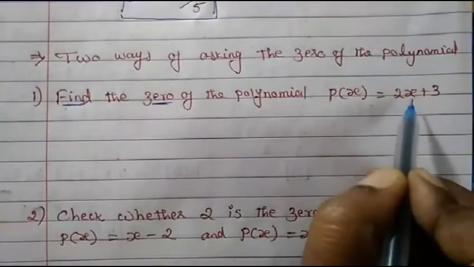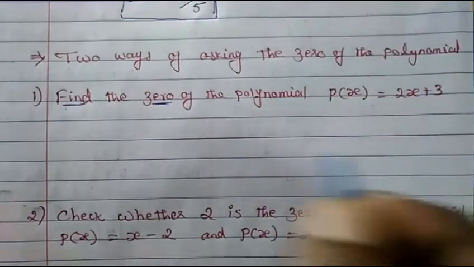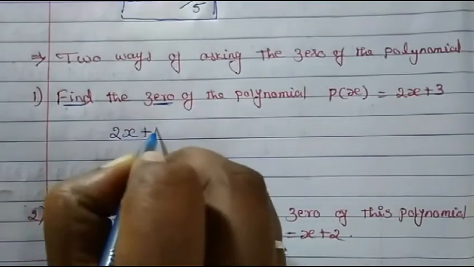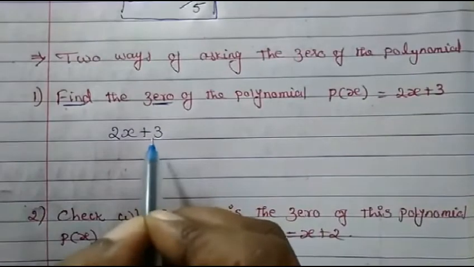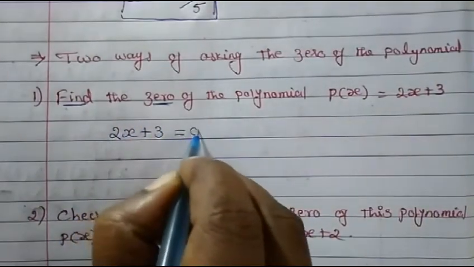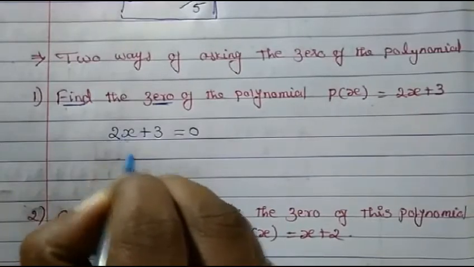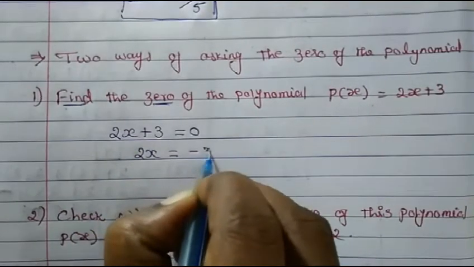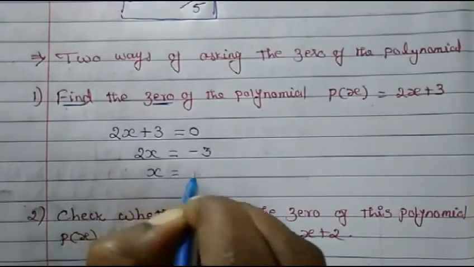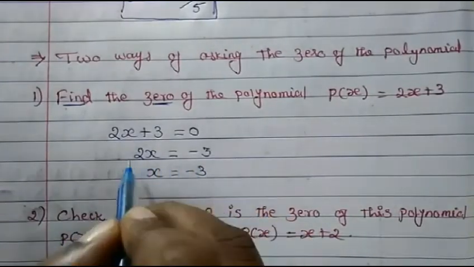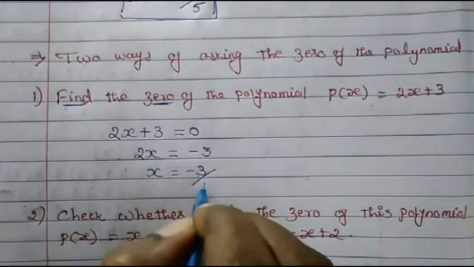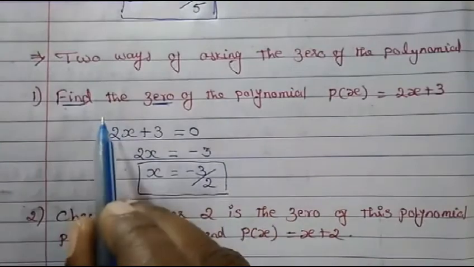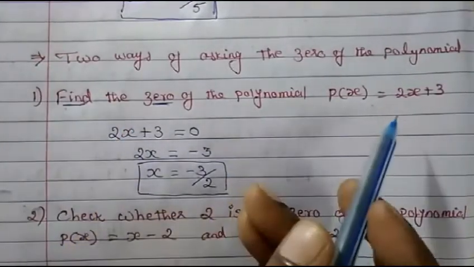So now this is a linear polynomial because the highest degree is 1. So let's write down 2x plus 3. So this is the polynomial. The whole thing we consider as 0. So now let's keep 2x this side only and bring plus 3 to the other side. It will become minus 3. Now we keep the x here only and 2 we bring to this side. This is in multiplication. When it comes here, it becomes division. So this is how we find out the zero of the polynomial.